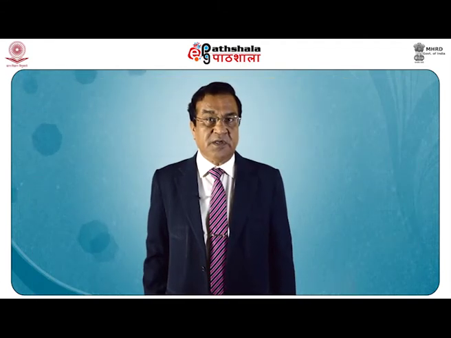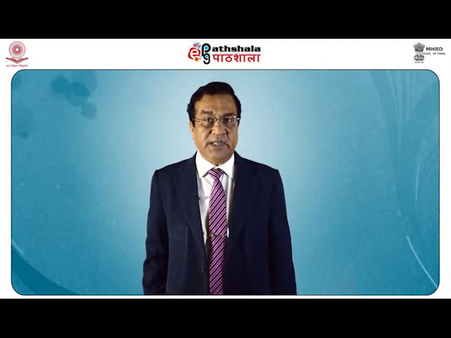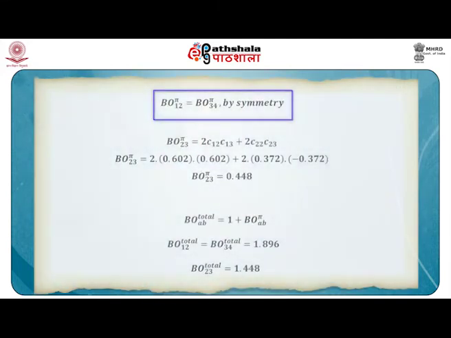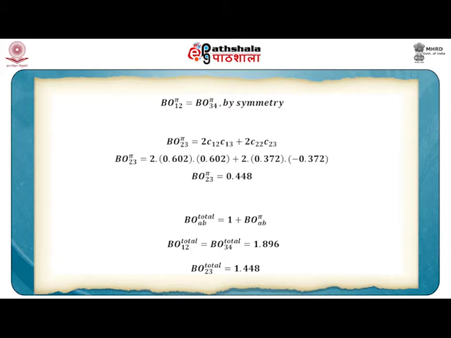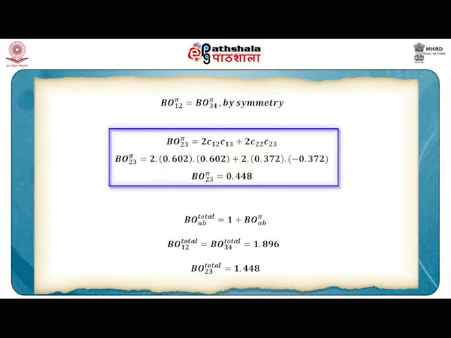Since butadiene is taken to be a linear molecule, by virtue of symmetry, the pi bond order between carbon atoms 1 and 2 will be the same as the pi bond order between carbon atoms 3 and 4. However, if we want to calculate the pi bond order between carbon atoms 2 and 3, then again using the same expression and substituting the corresponding values, we find that this pi bond order is equal to